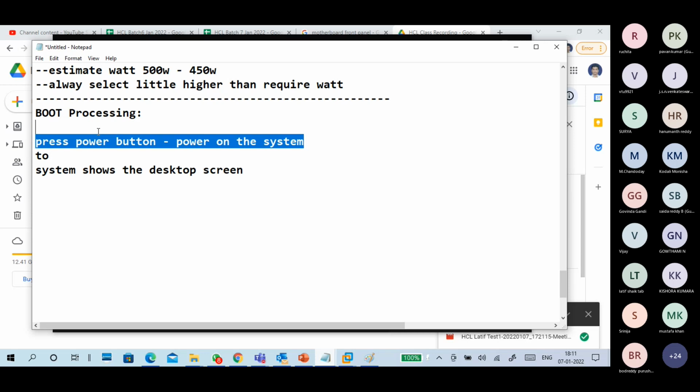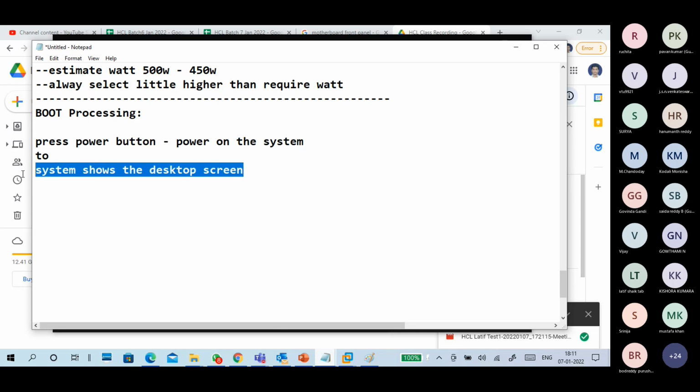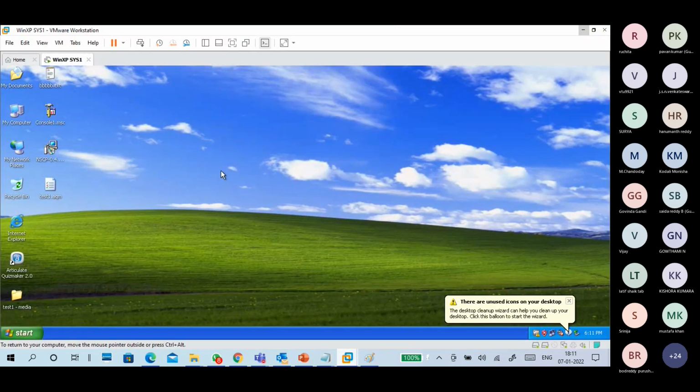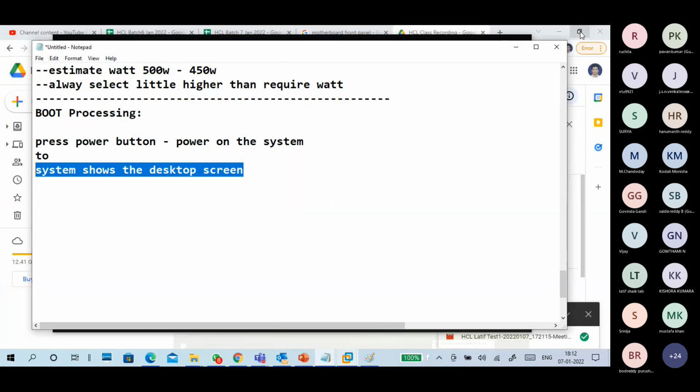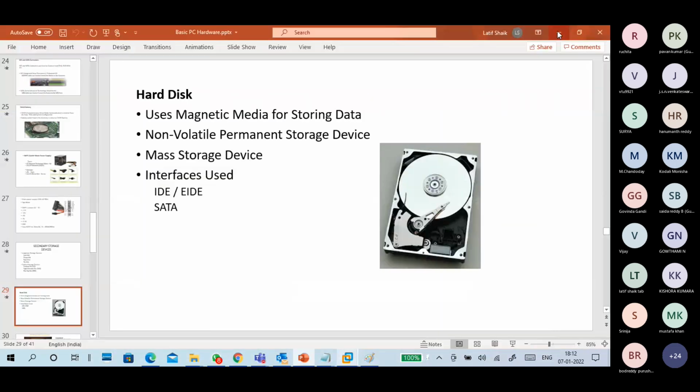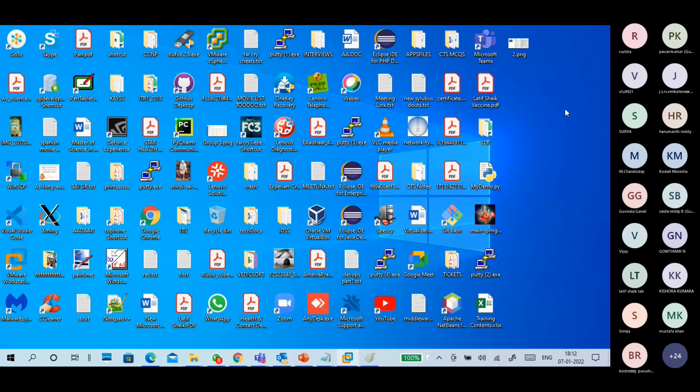So what will happen from this point to this point? This is the starting point. This is the final point. Like I press the power button and something happens inside, and finally I get my desktop screen. Like in the morning, almost 8:30, I power on my laptop.